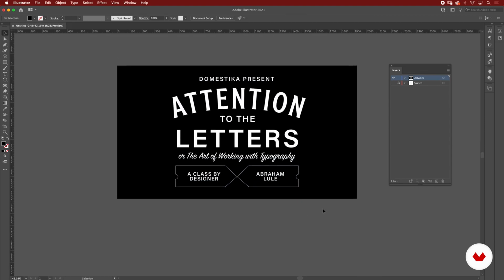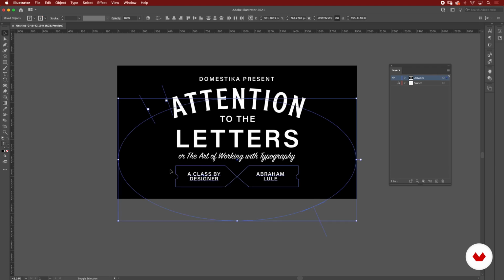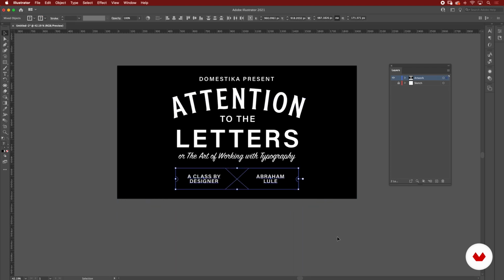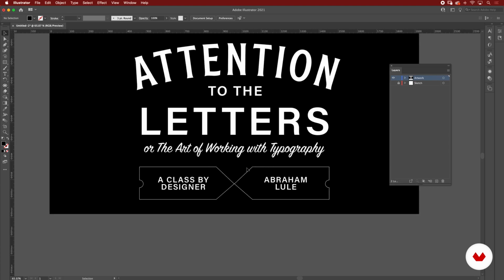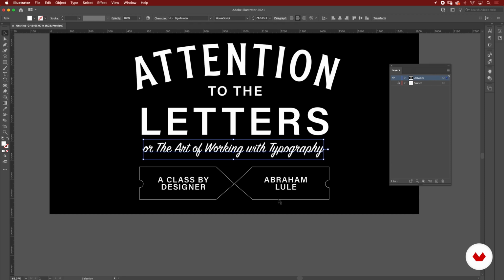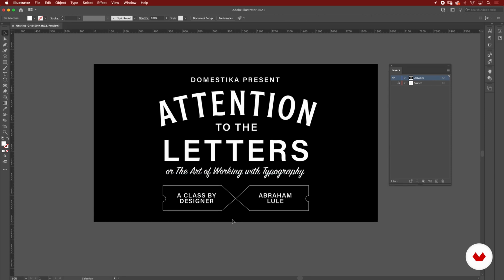Look at it from afar. I'm going to lock the background by pressing Command 2. But still, it feels a little bit disconnected, especially this part. I want this to feel like it's something separate from this part. I like how the air runs in between the art of working with typography at the top and at the bottom, especially in this part where this arrow comes down. It's kind of creating a hop for the G, something that I like. So I'm going to make it a bit more intentional by moving it to the left a little bit.